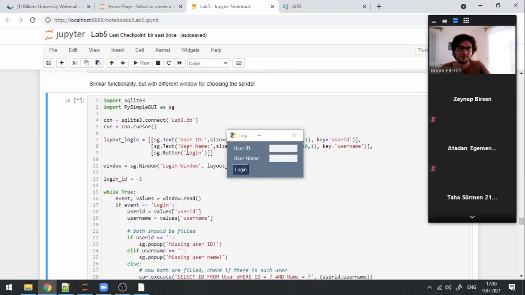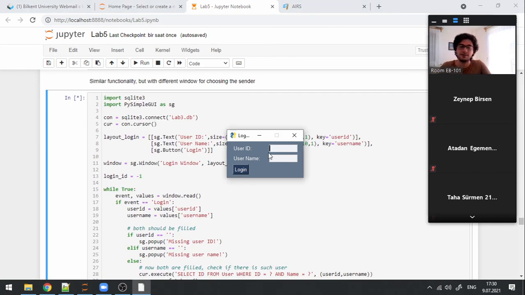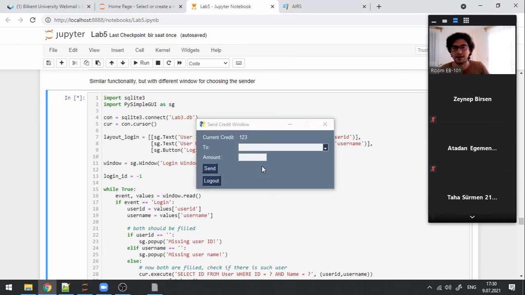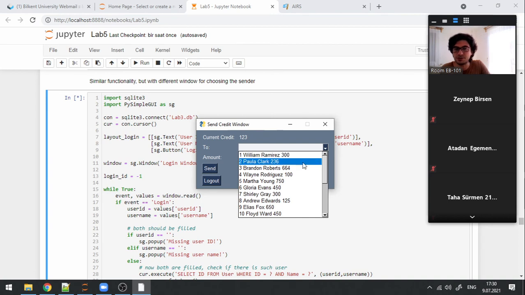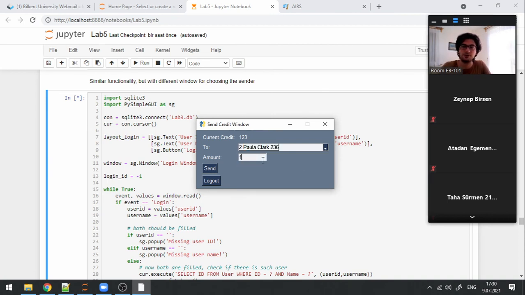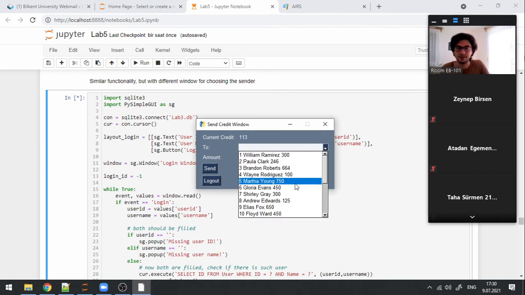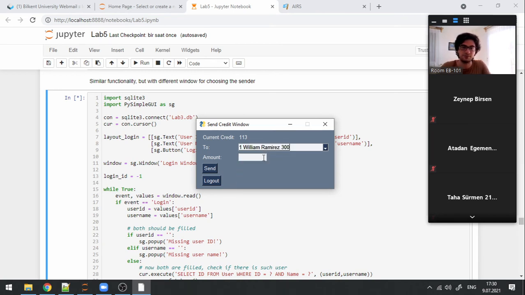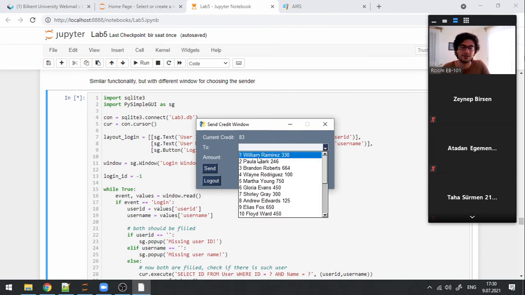Let's say that that is going to be enough, and let's say that new user Ali has ID 21 and the name is going to be Ali, and whenever I log in it says welcome Ali, and in here I see my current credit amount. I can choose someone to send money to. For example, to Paula I can send 10 credits. So whenever I click on here, my current credit is updated. I can choose some other user, for example William. I can send 30. My amount is decreasing, and if I check, those other people's amount is increasing,